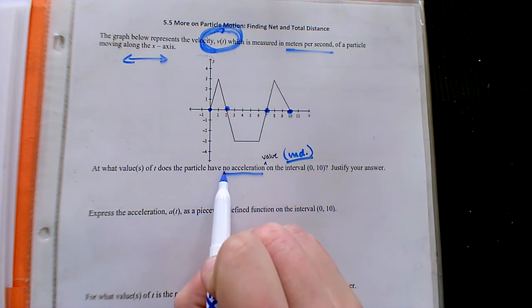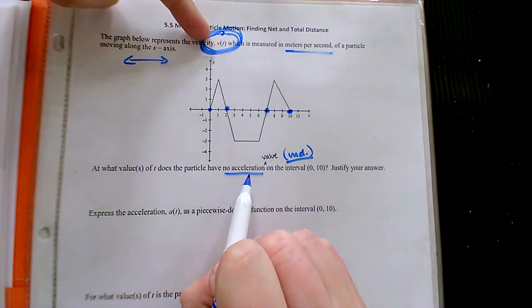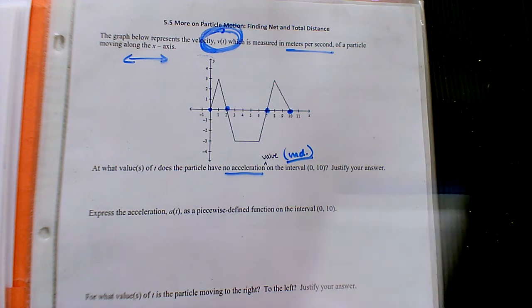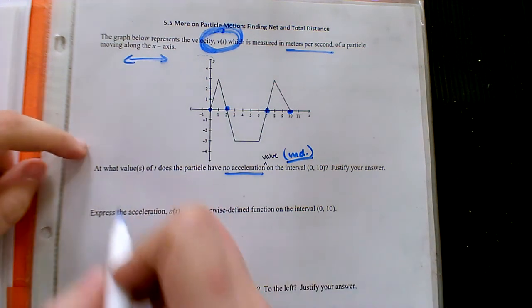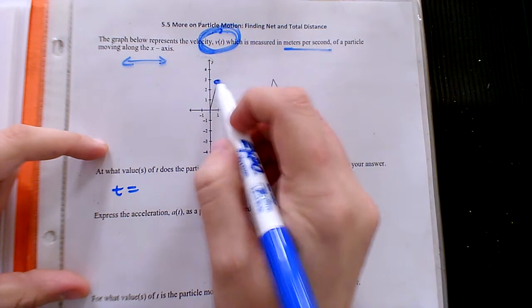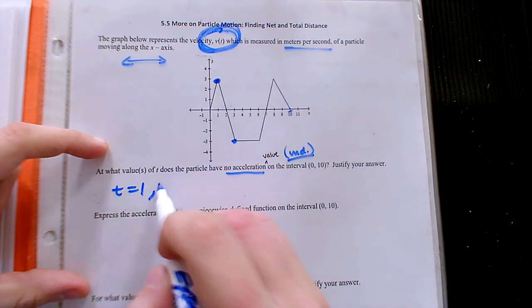How is acceleration related to velocity? It's a slope, aka derivative. So this is basically asking us where is the derivative of velocity undefined? Where's the slope of this graph undefined? What do you think, Austin? The hard edges. So sharp points. Time equals 1, 3,